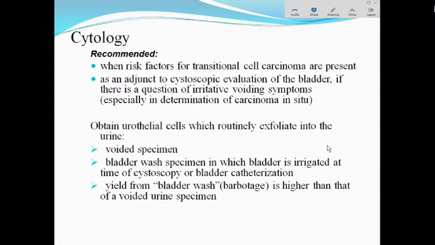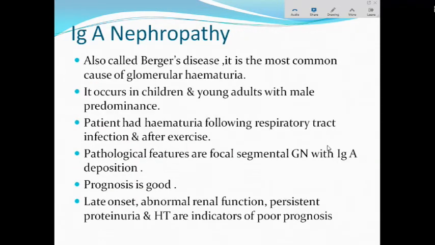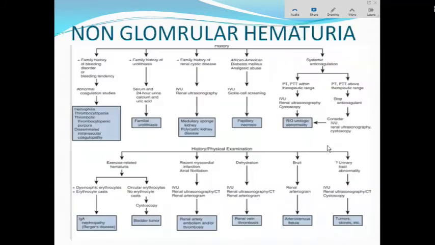Cytology can be obtained from the urine: once a patient has passed urine, you can take that sample for cytology. If you want a higher yield, you can put in a cystoscope and give a bladder wash, so that cells will exfoliate and the yield of cytologic examination will increase, which is called barbotage, bladder wash. You can put in a catheter or cystoscope, give a wash to the bladder and collect that sample, so the cells exfoliate more and the yield of the cytology increases. This is all you would have read already in medicine, so we will skip this part.